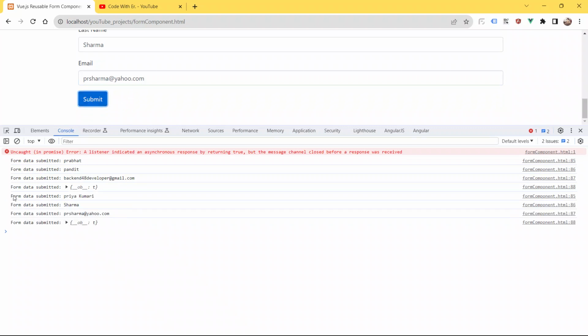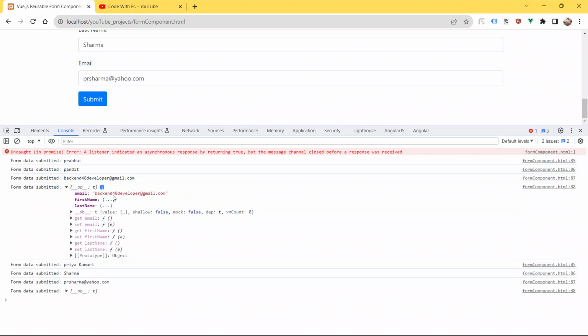Boom, we are getting different data by using the same component. As you can see, form data submitted: first name is Priya Kumari, last name is Sharma, and the email address is prsharma@yahoo.com. We got the object also.